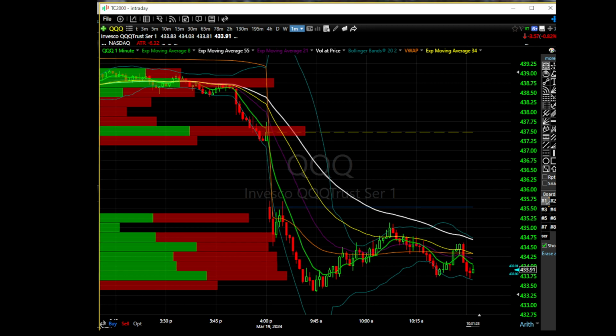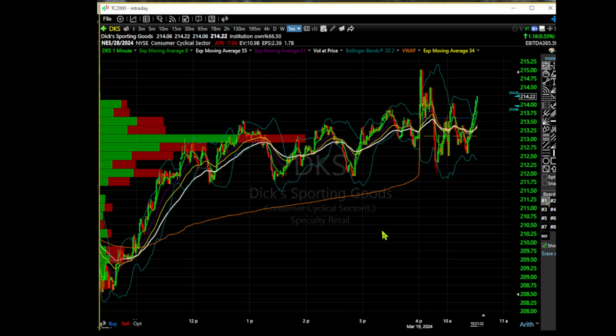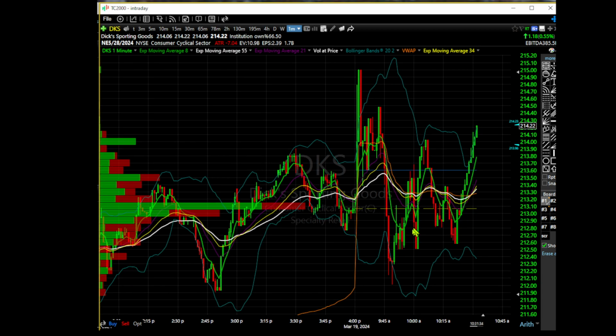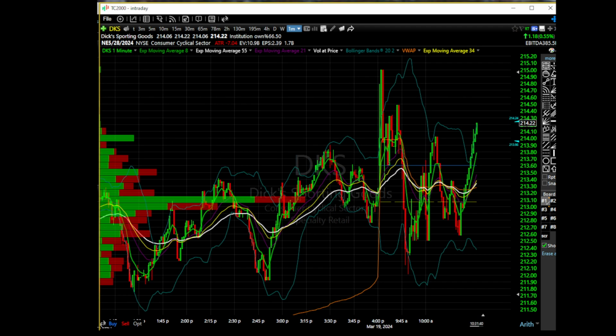If you're longing anything, again, like I've been saying for four weeks, just be careful and risk control. Okay. I'm going to put in hard stops on DKS now. I've been mentally watching this one. I'm using the low of day as risk now on DKS. I'm playing shares of DKS on this one. I've got hard stops in on Nvidia already.